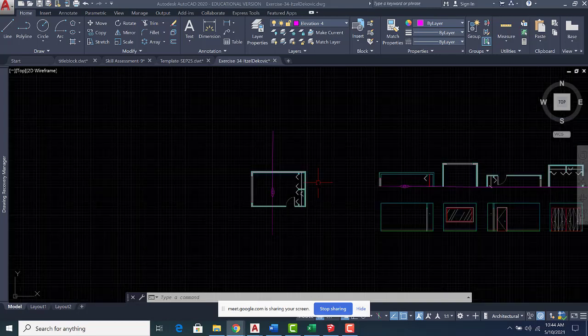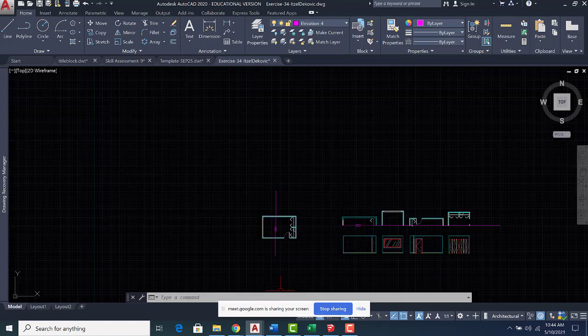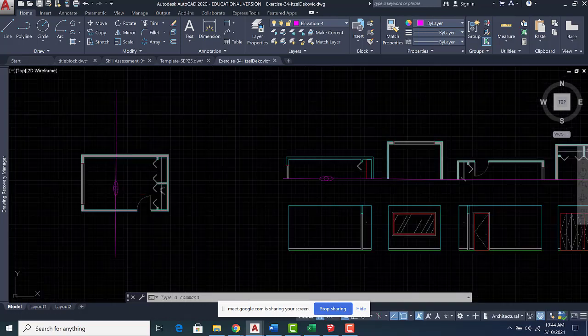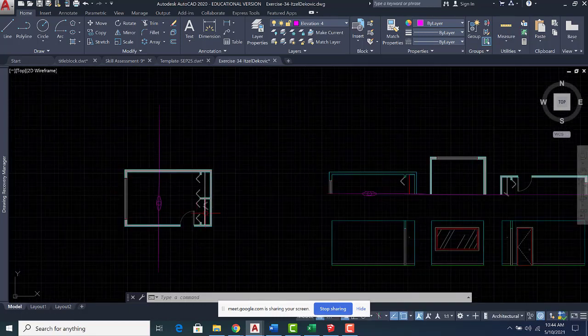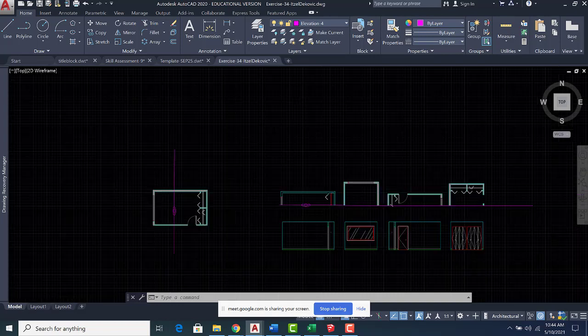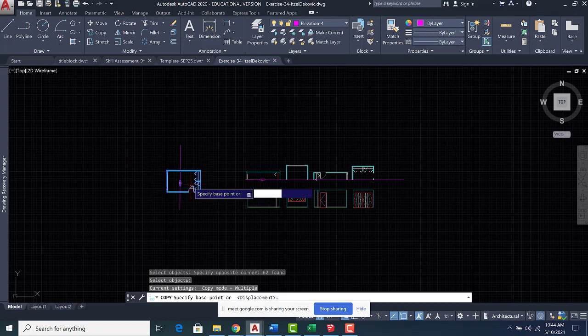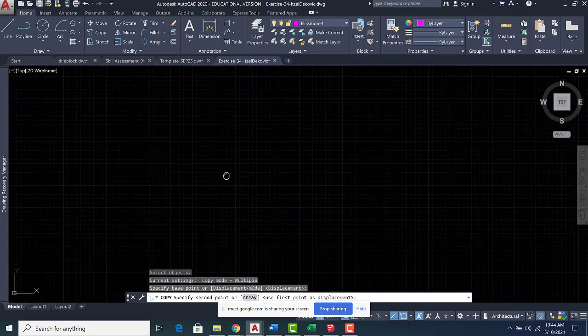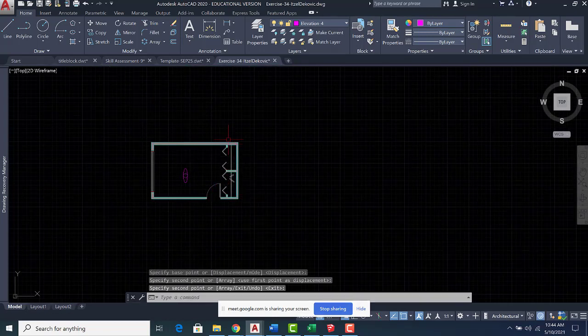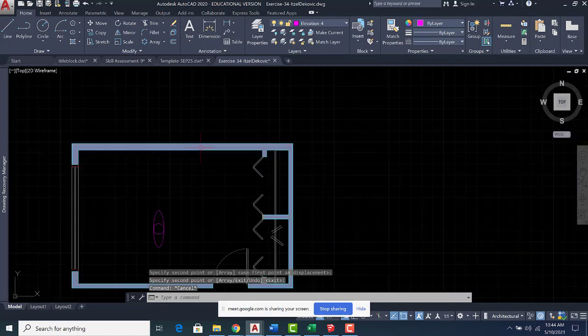Okay, so let's do it one more time. Again, I have a room and I want to do 4 elevations for this. My suggestion is copy the plan 4 times. I bring the plan here, and something that maybe is better, you know what, just erase the hatch from